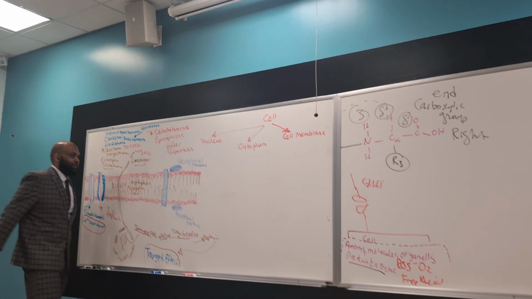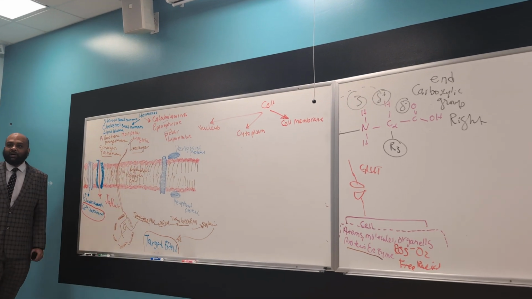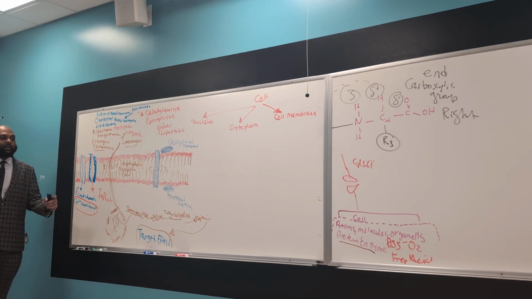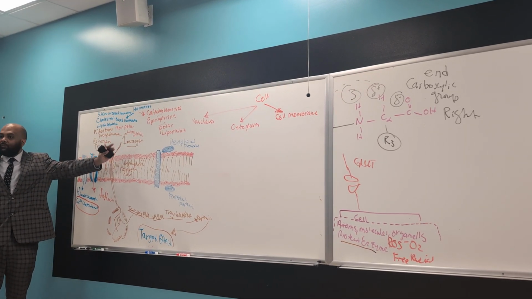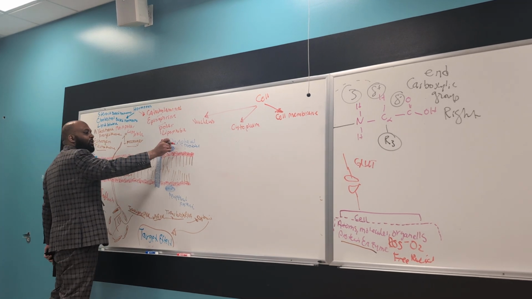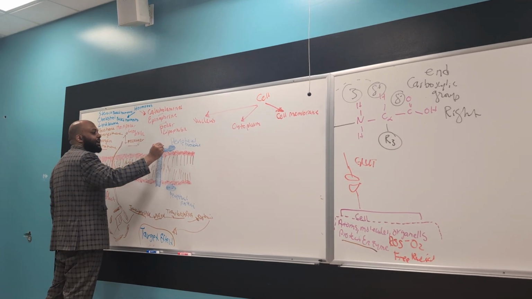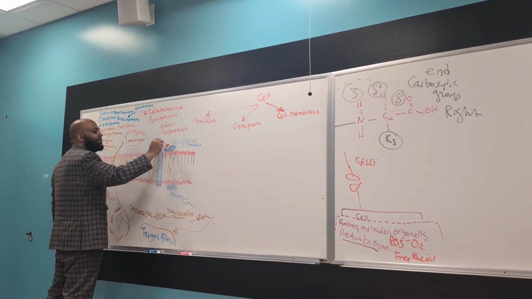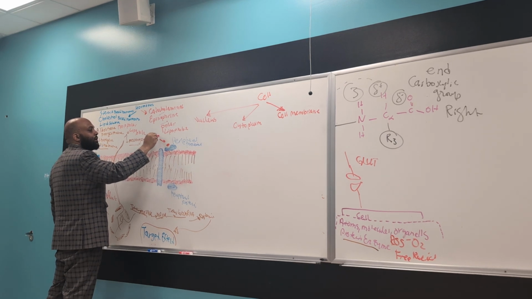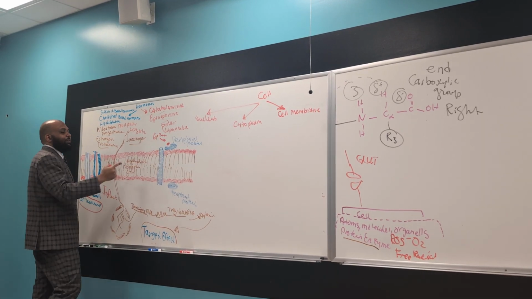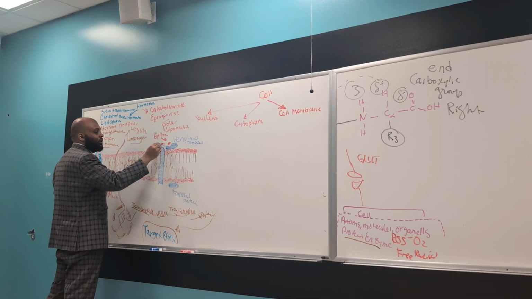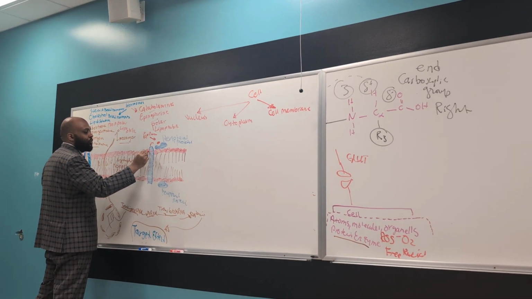So it cannot enter. It will only stay outside. So how can it mediate the effect for me if it can only stay outside? It will bind to a receptor from the outside, like here. Let's say that this is epinephrine. So epinephrine will bind the outside, and when epinephrine binds the outside, that will cause the transmembrane receptor to rotate